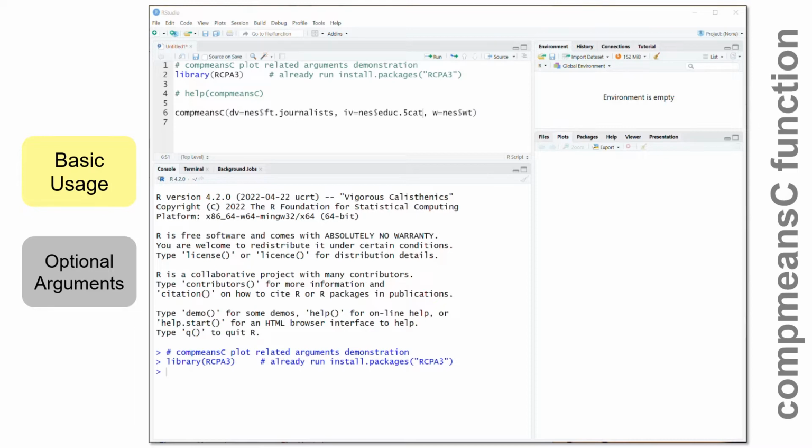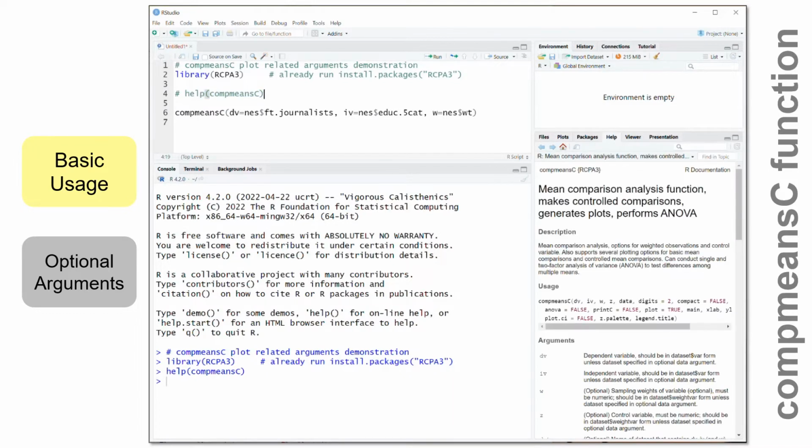I'm going to use the compmeansC function to make a controlled comparison and its plot-related arguments to display and visualize that controlled comparison. I've already installed the RCPA3 package and used the library command to load it into this session. I'm going to execute this help command I've commented out to have the help file accessible to us as we use the function. And in line 6 here, you can see I've already started with a basic call to compmeansC